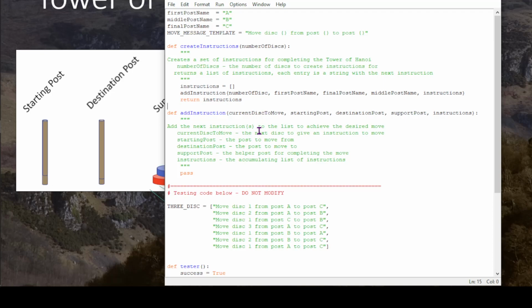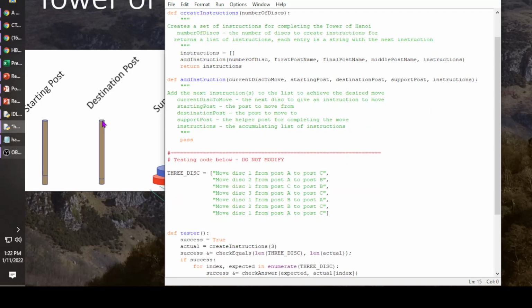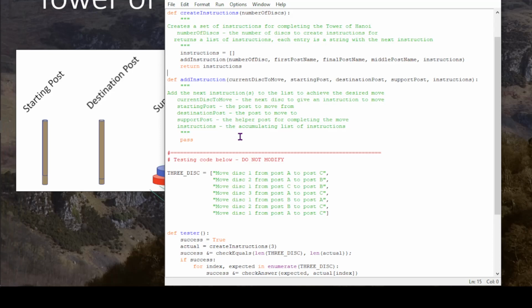So now we're getting to the actual recursive call. Okay, so here's the place to pause if you want to go work on your own. All right, so the base case. Well, remember, the base case is, if the current disk to move is equal to disk 1,